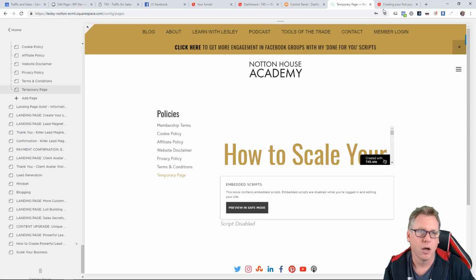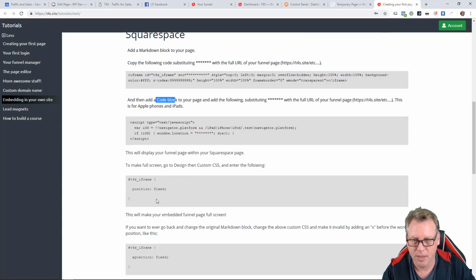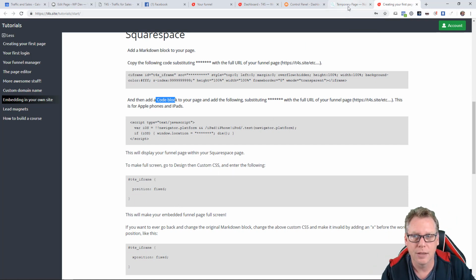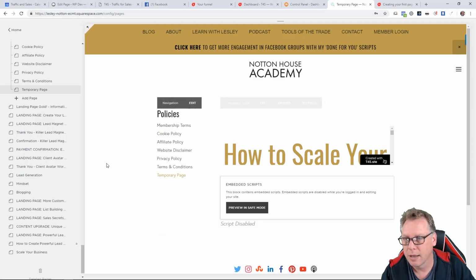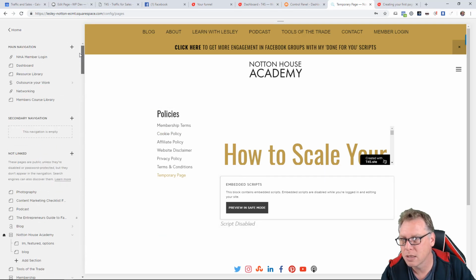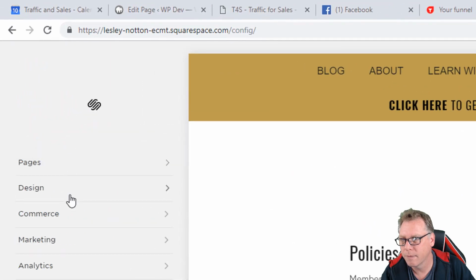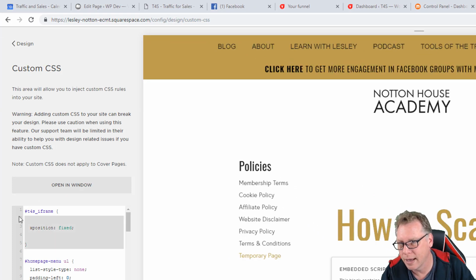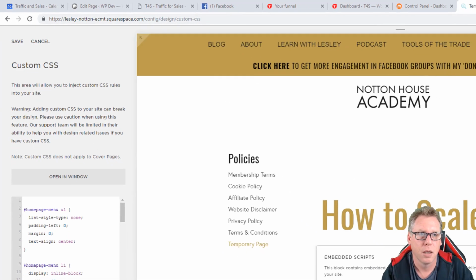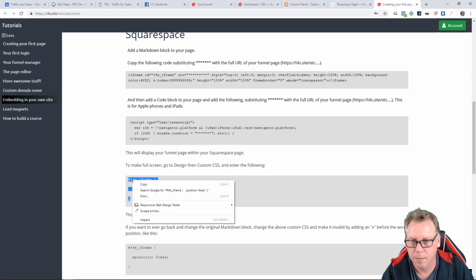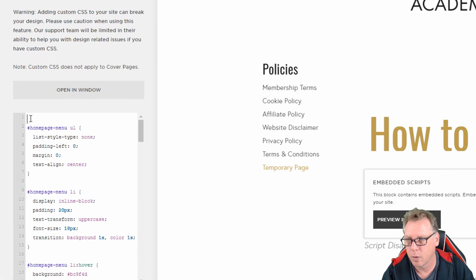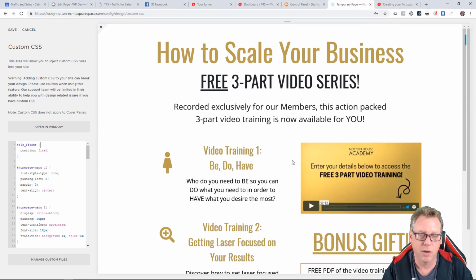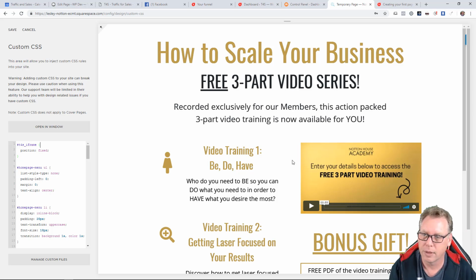Now what I want to do is also add a bit of custom CSS to make it go full screen. And in Squarespace we put that in the custom CSS, which is under design and then custom CSS. And actually that's there from a previous example. Let me just do it from scratch. Copy, copy, and then I would paste that in there. Now, as you can see on the screen, it's now gone full screen. Awesome, brilliant. Okay, so I can save that,